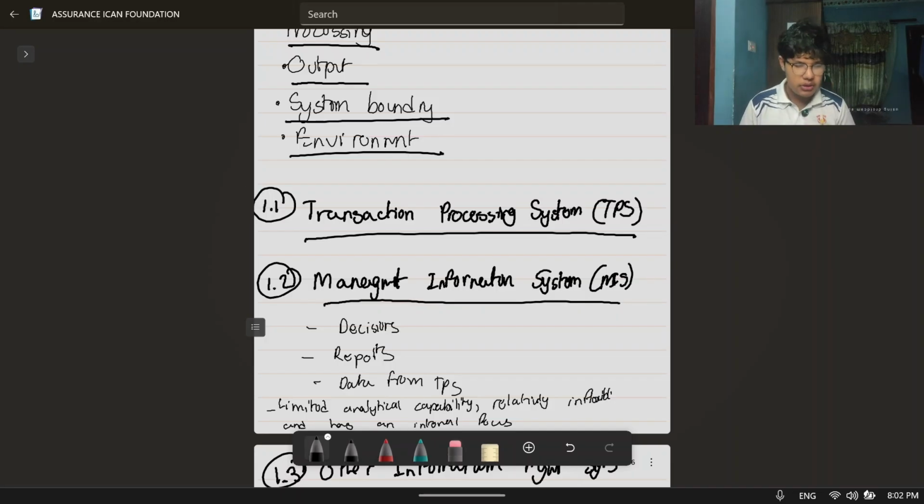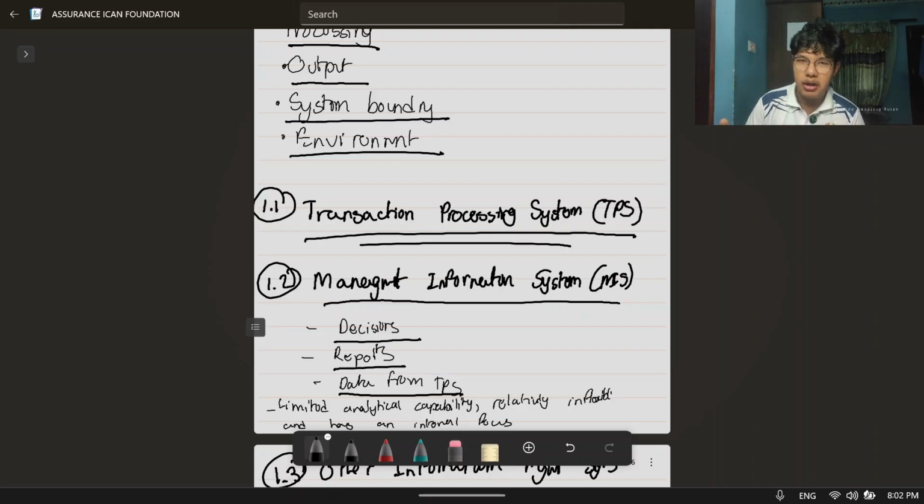And then we have got management information system. Management information system is the system that collects internal data and converts them into useful information for the planning, controlling, and directive of the company. अनि यसले चाहिँ better decision making to run the company and operates its daily day-to-day operation हेर्छ. And then it reports यसको रिपोर्ट्सहरु चाहिँ regularly provide हुन्छ to keep monitoring the internal control or internal environment. And then data from TPS, यसको data चाहिँ transaction processing system बाट collect हुन्छ.